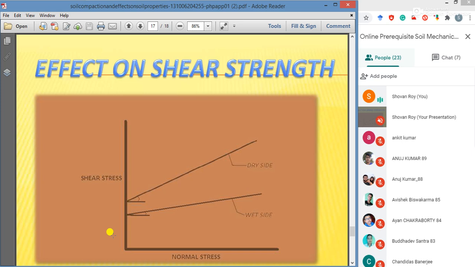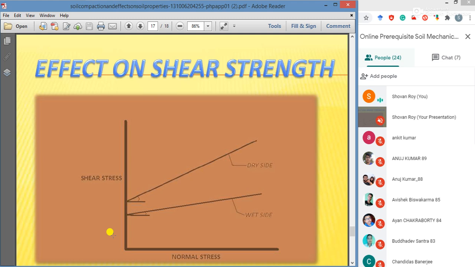In the shear strength chapters, we have studied Mohr circle related topics, and we have some idea about the failure envelope. Okay, failure envelope. One is for the wet side, one is for the dry side. They want to mean that, if